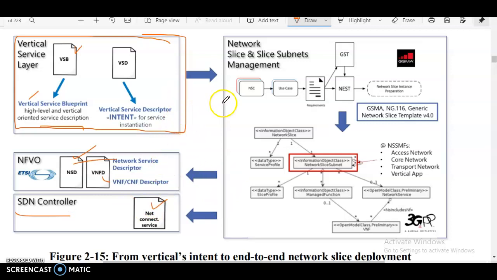These all are connected, actually, from this vertical service layer connected to signal going to network slice and slice subnets management. From this network slice and slice subnets management reaching to this NFVO and SDN controller. Yes, this network slice and slice subnets management contains what is having